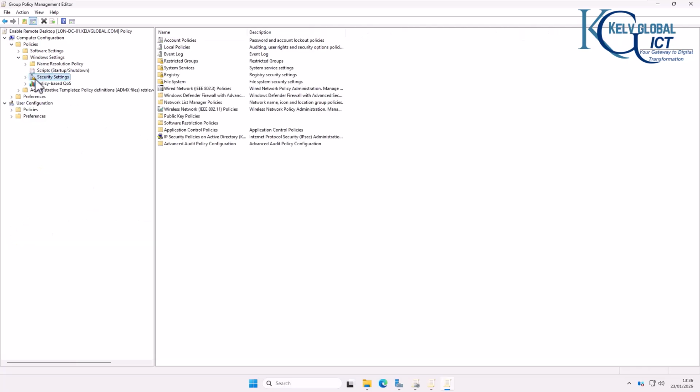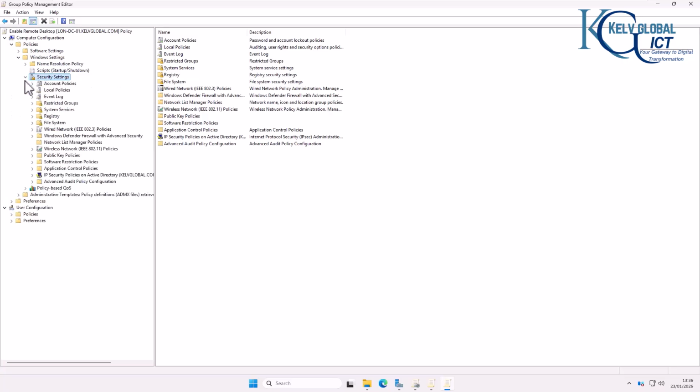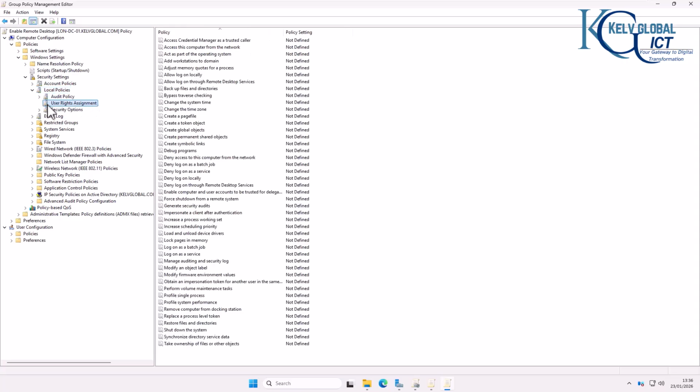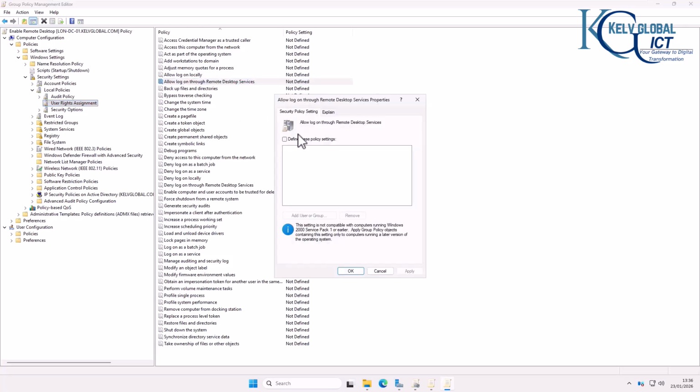We also need to go to Windows settings, then security settings, and here we have the local policies, and then we have the user rights assignment. Here you click the allow logon through remote desktop service and then click define. Here I'm going to use domain users, which means all my domain users should be able